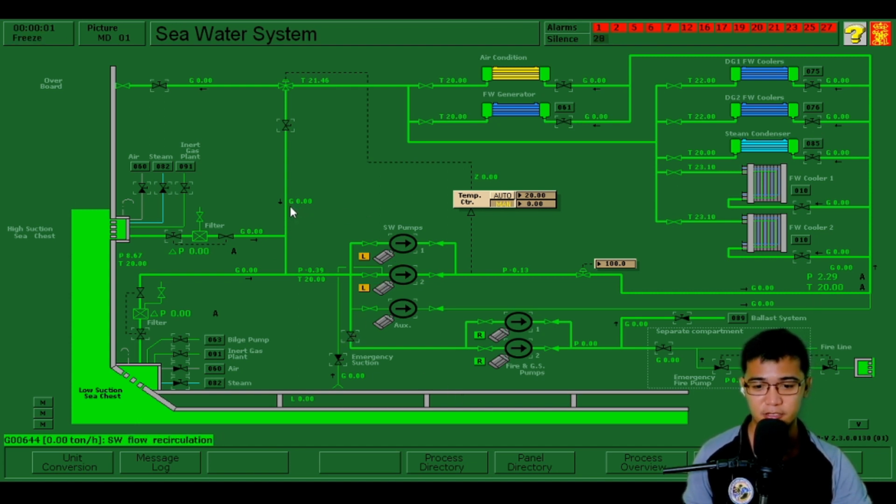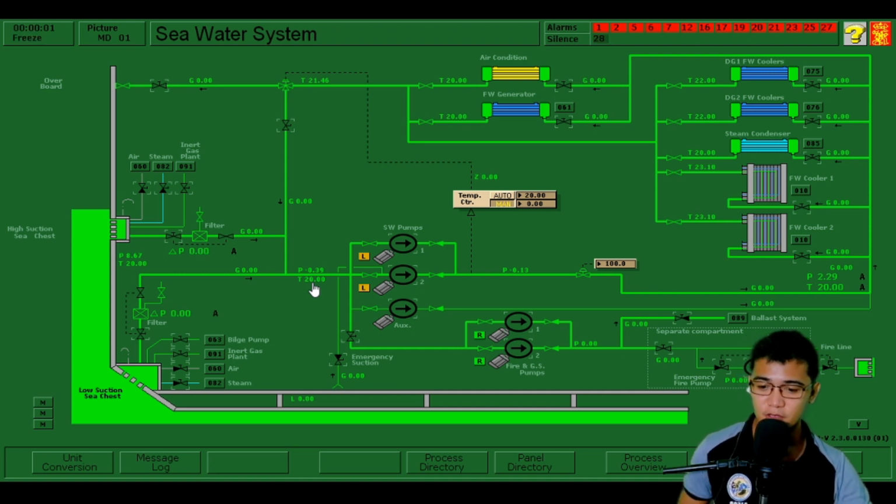earlier. So letter G for flow, T for pressure, T for temperature. So basically, this means that T is 20, so 20 degrees Celsius. Those are the letters or the prefixes na ginagamit natin to be able to know the parameters used in our seawater system. So let's discuss now how a seawater system operates or paano ba siya